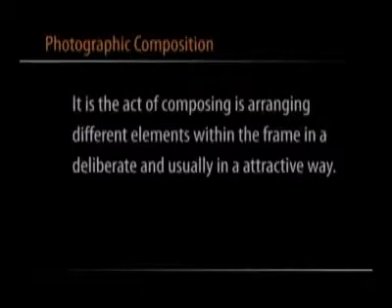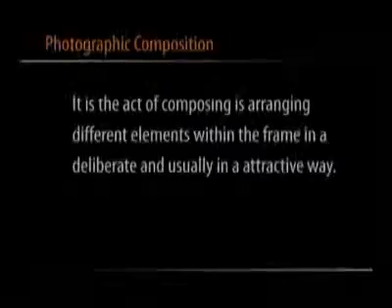Now, let us understand how our eyes map the placement of the object from all the 4 corners of the frame and create attention. Further, based on that theory, there is a discussion on the rule of thirds or the golden mean of intersection for placing the elements anywhere other than the center. The act of composing is arrangement of different elements within the frame in a deliberate and usually attractive or artistic way. What is the role of frame or format in it?